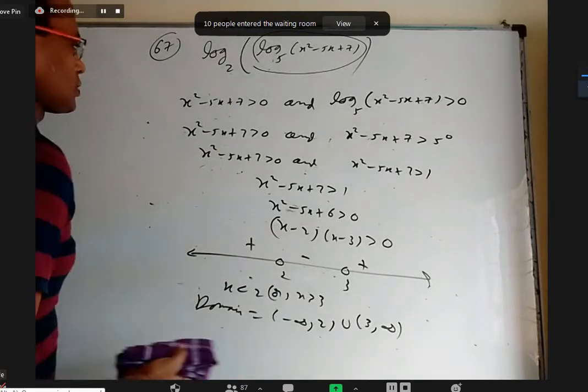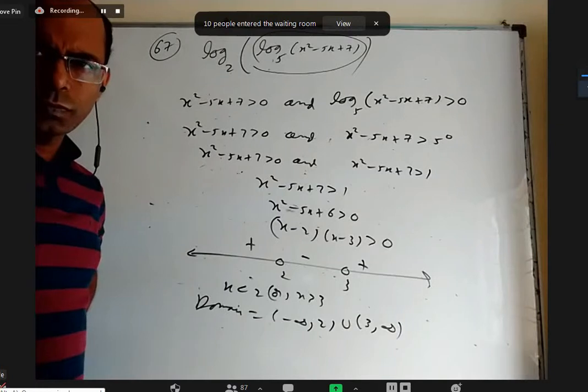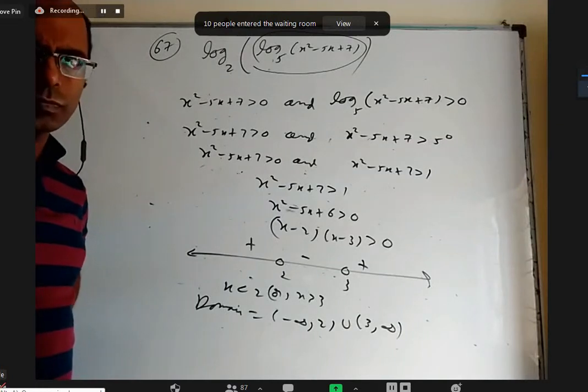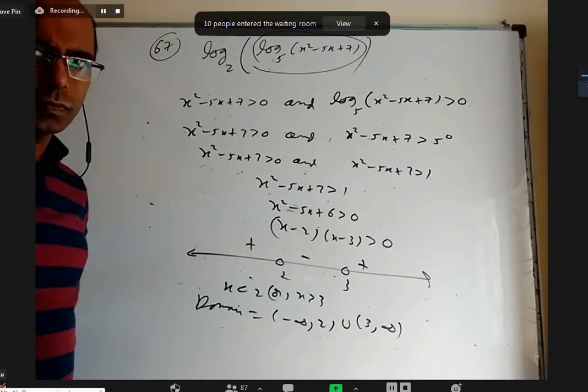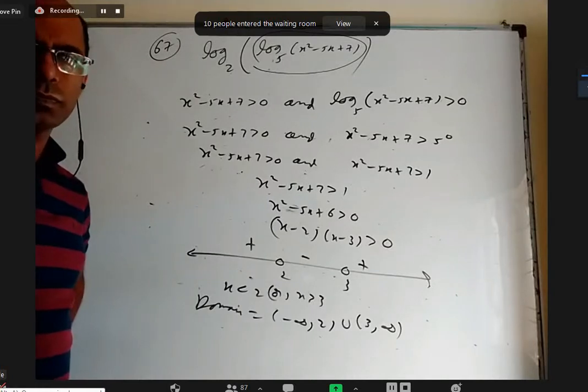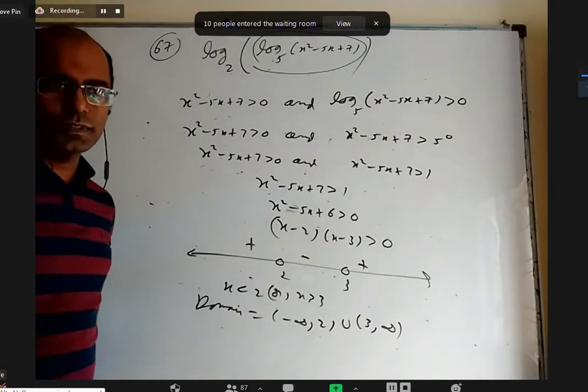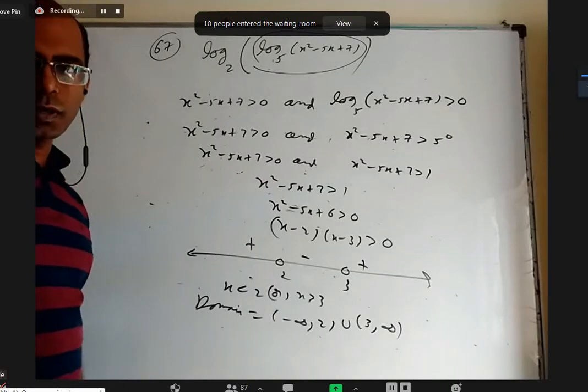Okay, I'm going to erase this. Sir, when I solved only the left-hand part, that is x square minus 5x plus 7, while solving the roots, I got under root 25 minus 28, sir. Yeah, so that means what? It doesn't have real roots. What does it mean? Roots are complex.